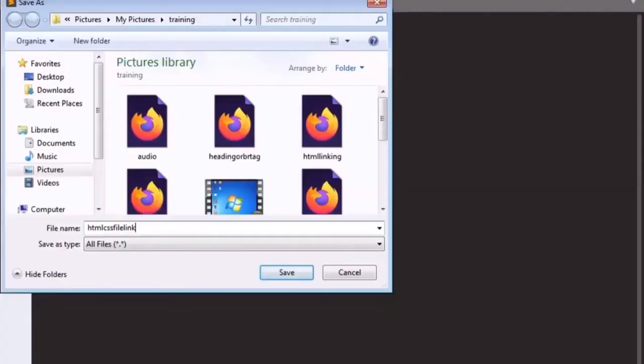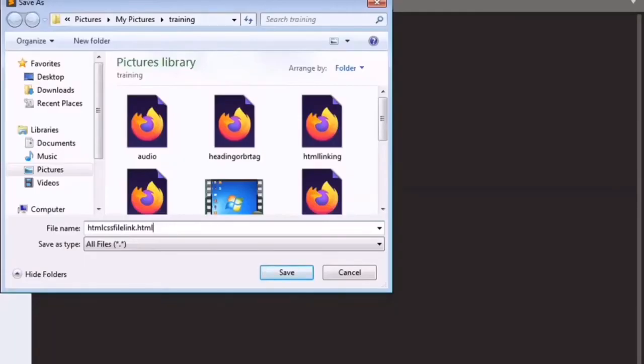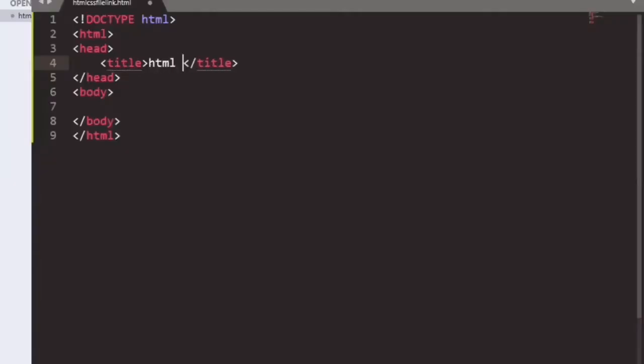Now we have saved our file here with the extension .html. Now we are taking the title, that is HTML CSS file linking.